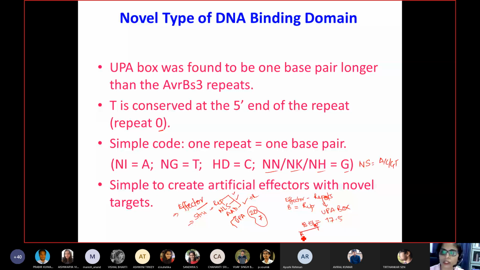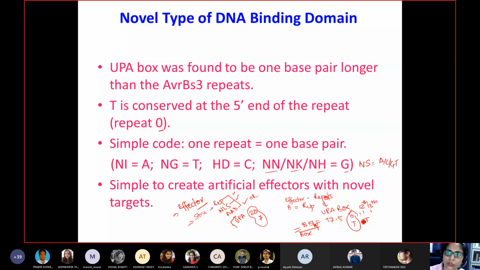So this was the closeness, and from there they were able to find out that the repeats, especially the 12th and 13th dinucleotide, were important in defining which position of the box it is placing. For example, the first repeat will bind to the first UPA box position, and at the 0 position there is always T. In the next lecture we'll see why it is always T. Then, based on the first repeat's 12th and 13th positions you have certain sequences, based on the second repeat's 12th and 13th positions there is a second base pair binding, and so on and so on.